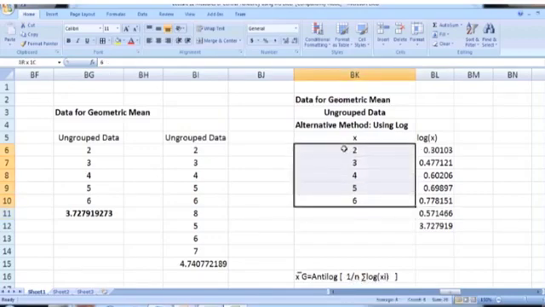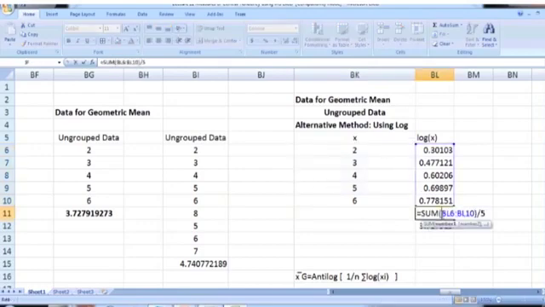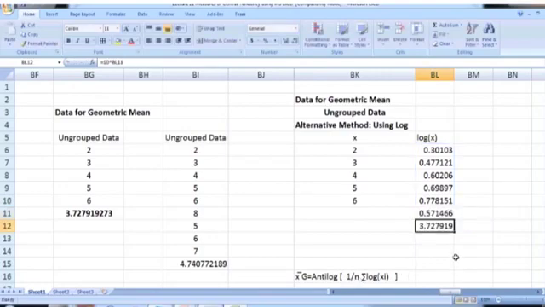In this case we have 5 numbers. So just type this formula: sum BL6 to BL10 slash 5. It will calculate summation log x divided by n, which is 5 in our case. Press enter, you will get this term, and in the end we need to calculate the anti-log of this term, 0.57.